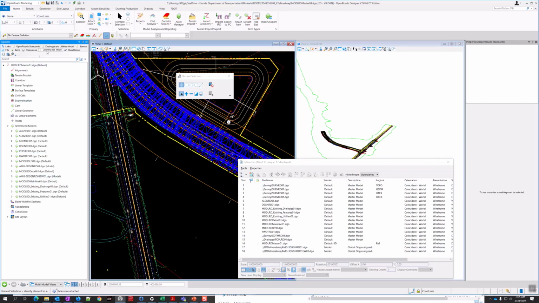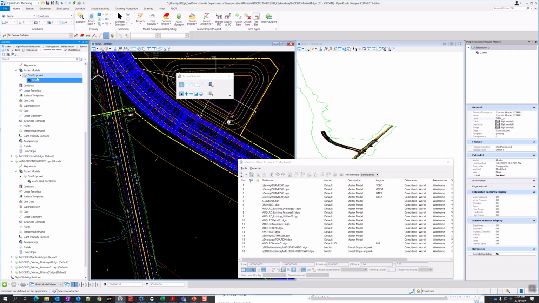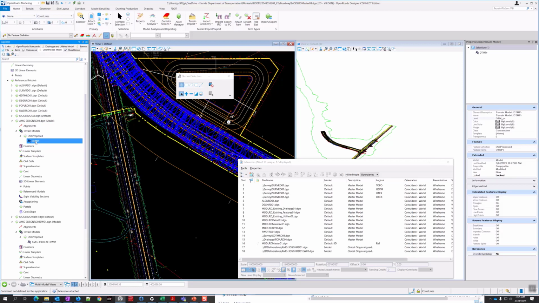And the main thing is, you may not have had OpenRoads model up here, but I opened this up, I expanded out reference models, and you can see in here the AMG 3DSGN-RD, and there's terrain models. So there's my terrain model for that one, and there's a terrain model here. This DTMPR. Now this isn't the best name, but keep those names in mind, whatever they are in your particular project. That's what we're going to be using. So this is our proposed top in the AMG 3DSGN. So DTMPR is proposed top. AMG 3 surface EW01 is our proposed bottom.